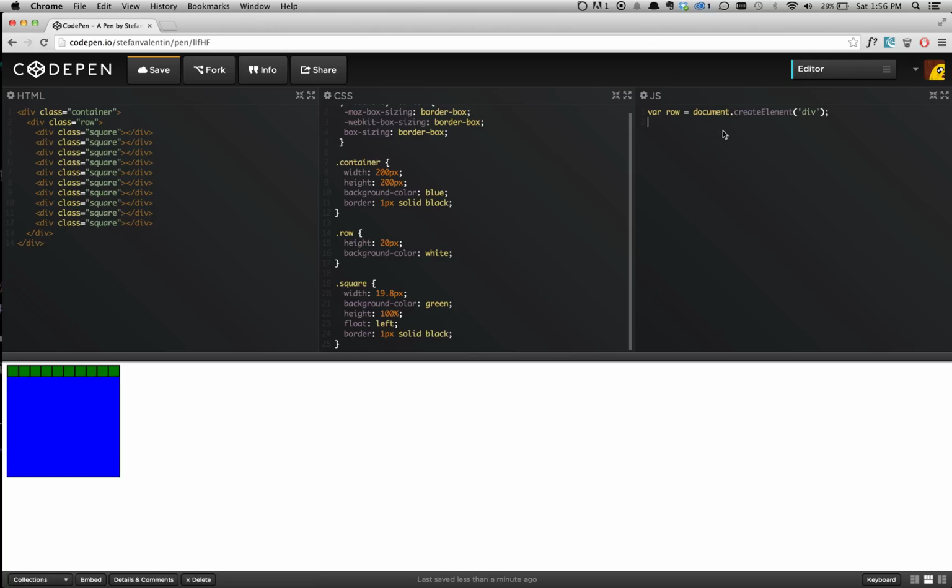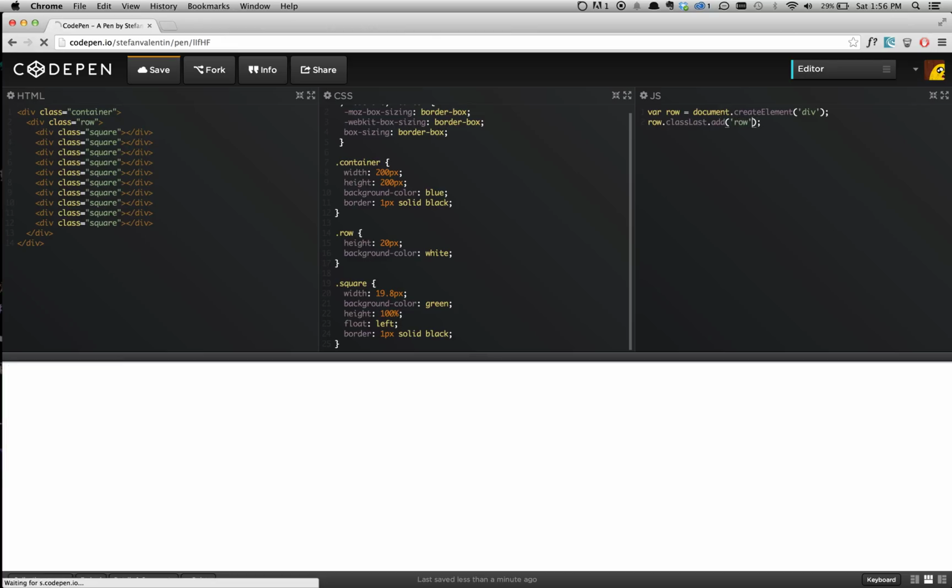So we have our row, but really all we have is a div, right? So what makes it a row? Well, it has a class of row over here. So what we need to do is row.classList.add('row'). So what we're saying is classList